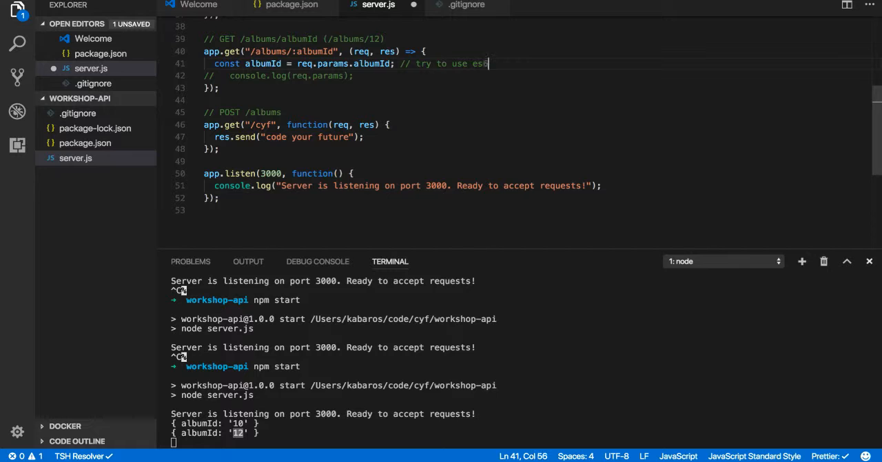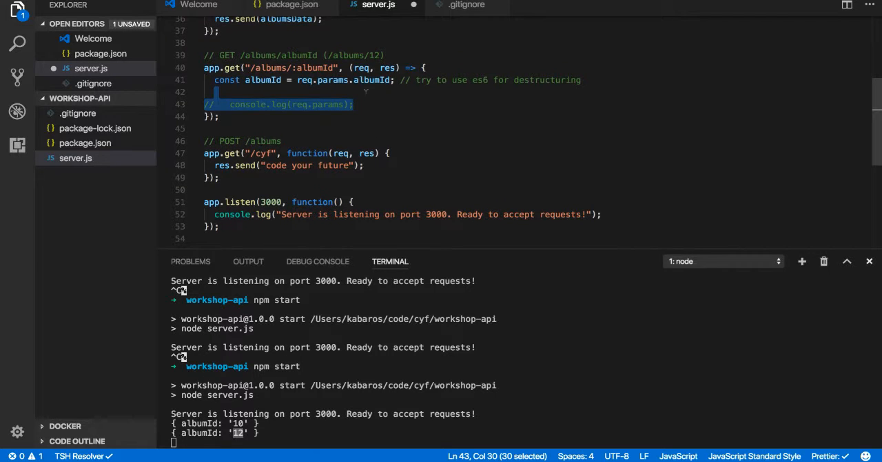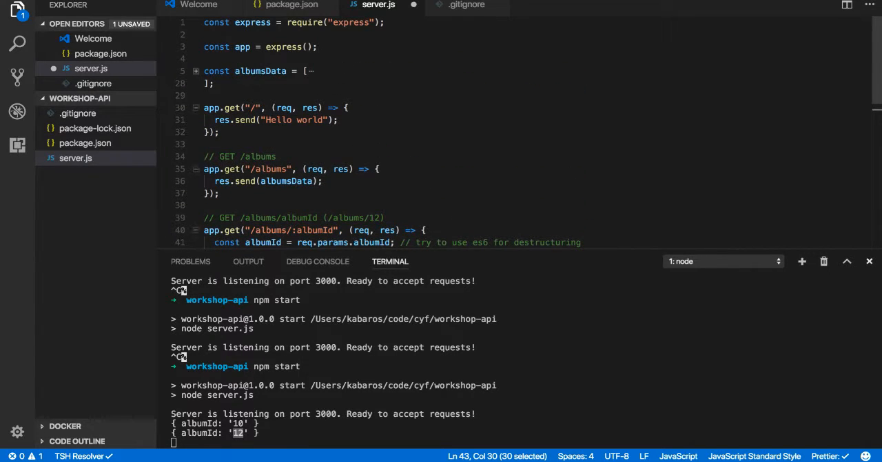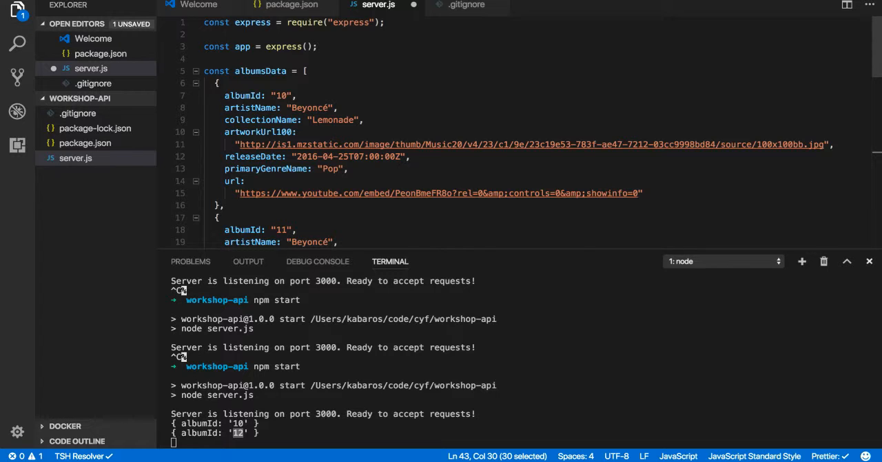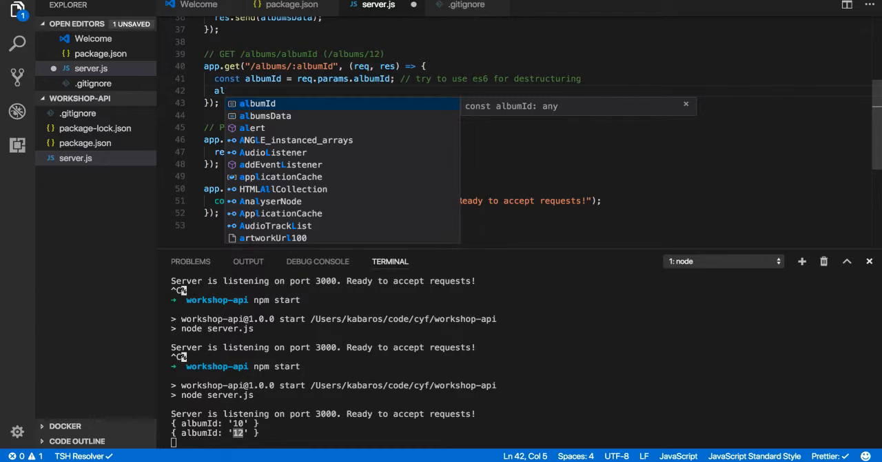Use ES6 for the structuring. This is for you. Try to use a different syntax to achieve the same. And then once we have the album ID, we can get it from the album data. So album data is just an array. If you want to get a specific